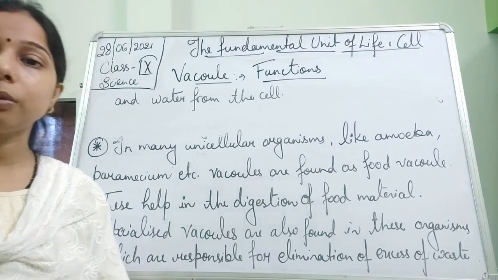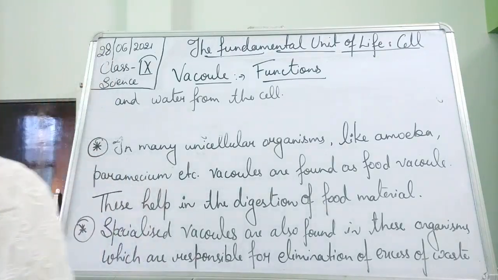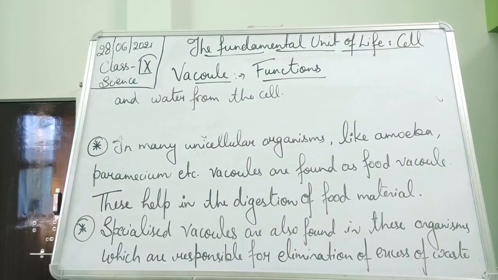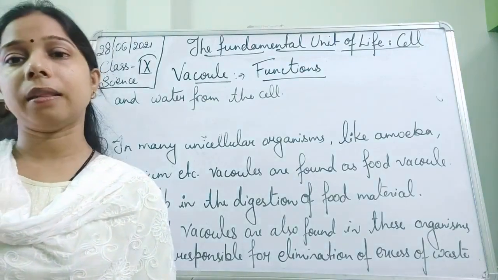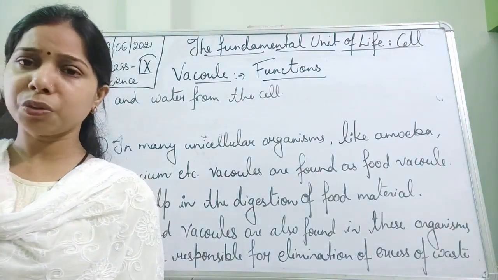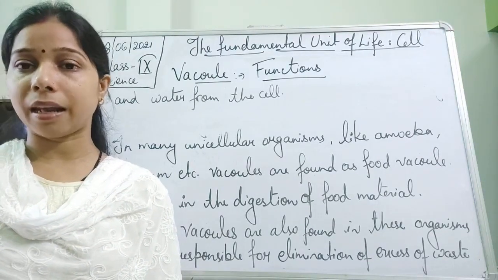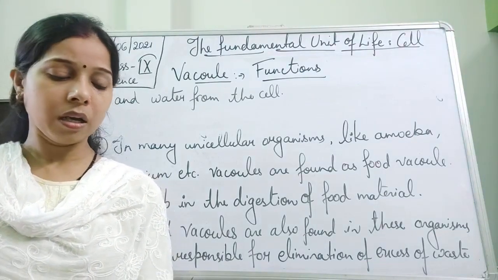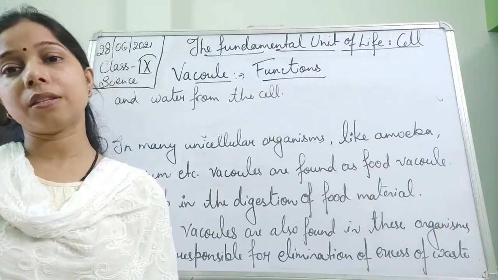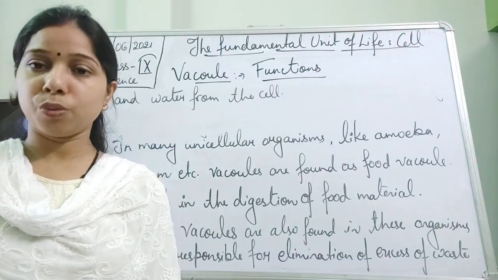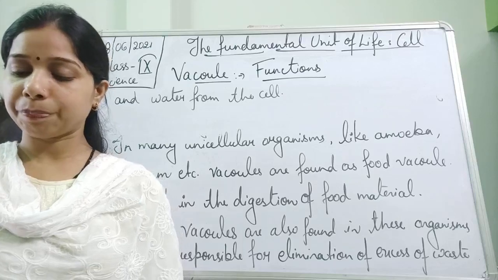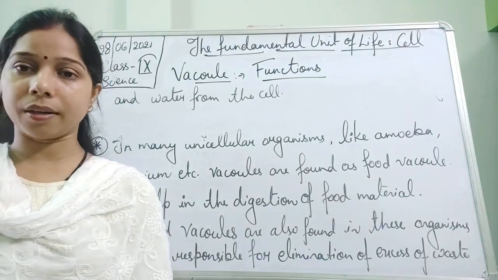This is all about that of vacuole. So, I hope you have understood the different cell organelles present in the living organism. Although students, there are a lot more, like we have discussed the ribosomes and lysosomes, centriole is also there. But here in this chapter, it is up to vacuole. So, we will conclude that of the cell organelle.